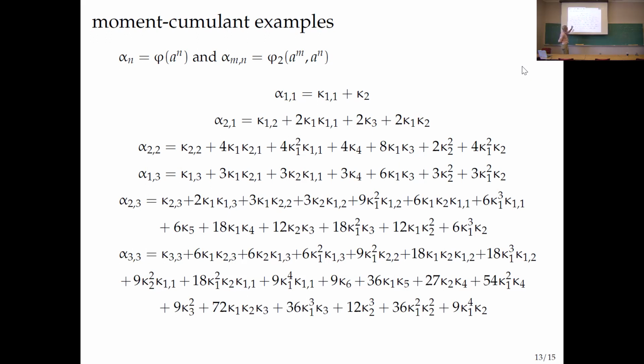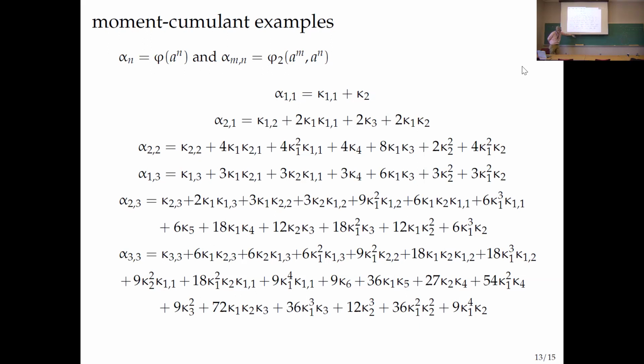Okay. Because you pair them up in all possible ways. That's the thing. You have to consider all ways that you take a cycle in one circle and a cycle on the other circle and take their union to make the second order cumulant. And then when you do third order, it's the same thing. You've got to connect the circles, and you could either take one cycle from each thing and glue it together to make a third order cumulant, or you could glue 2 here and 2 over there. So when you go to third order, the complexity really takes off.